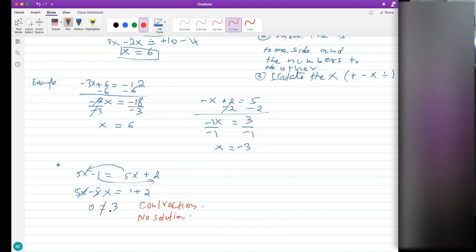Okay, so if you come across something like this and you end up with a statement that doesn't make sense, first make sure you didn't make a mistake, before you can rely on this as a solution. But if you end up with something like this, that's a contradiction. Just say no solution. So we have conditional equations, we have contradictions, okay? And the third type is when you have, let's say,